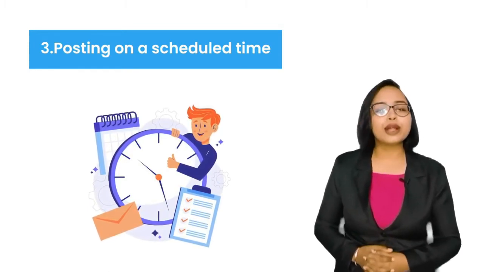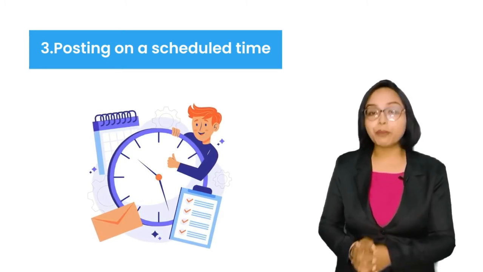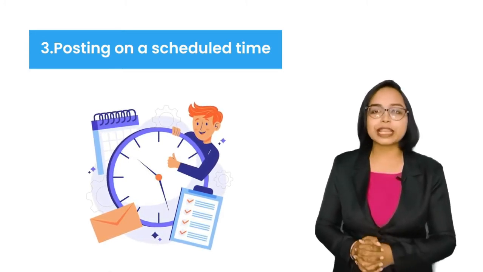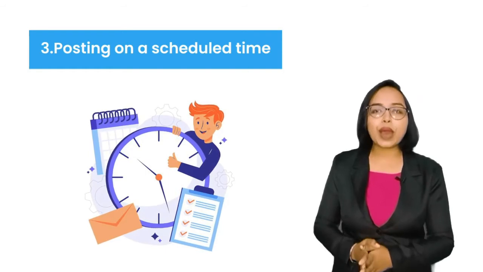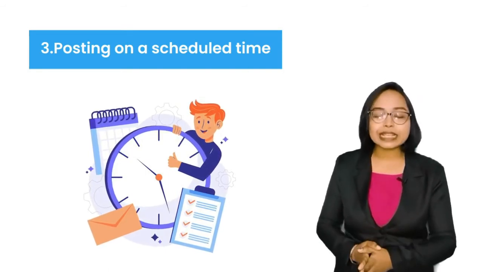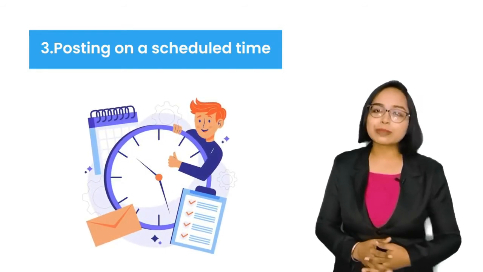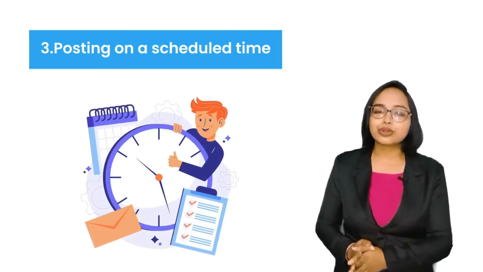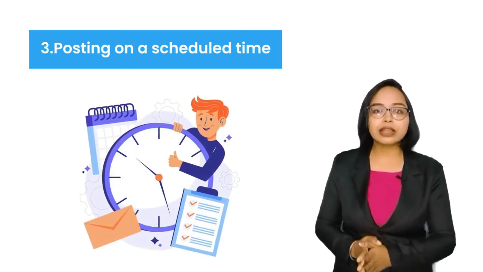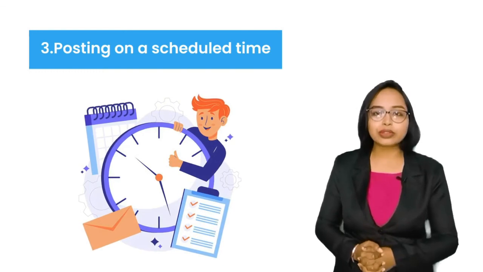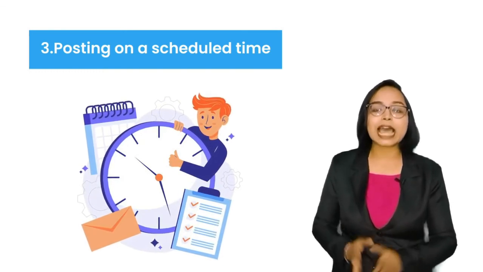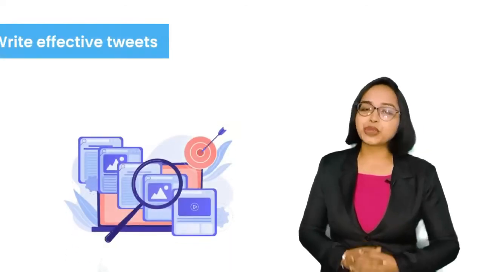You can find a lot of information on the internet about the most appropriate time for posting on Twitter. However, you are more likely to figure out the best time for posting for your specific business or brand through trial and error. If one time does not result in much growth, try to research and post at a different time. Number 4. Write effective tweets.